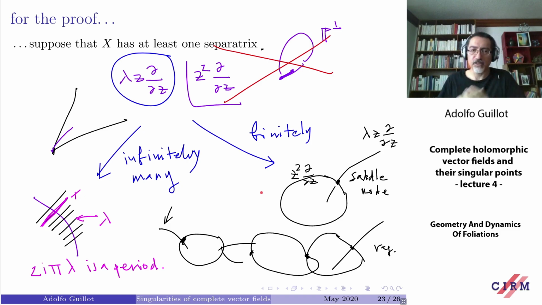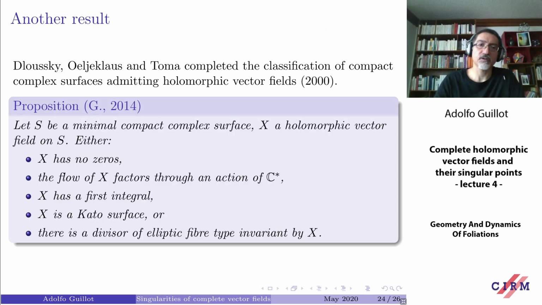Okay, so this is the sort of thing that you can do when you put together, on one hand, the resolution of vector fields, together with the normal forms for semi-complete vector fields, together with information on the affine geometry of the exceptional divisors. This is one situation where the combinatorics can be pushed to the limit. Another one concerns compact complex surfaces. I will not tell you much about it, but